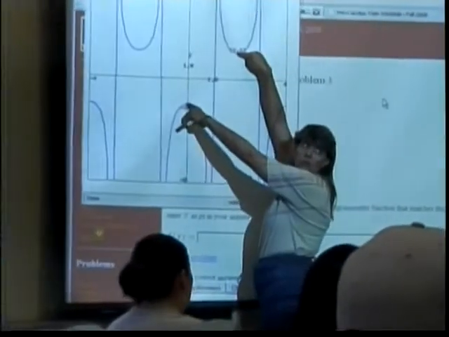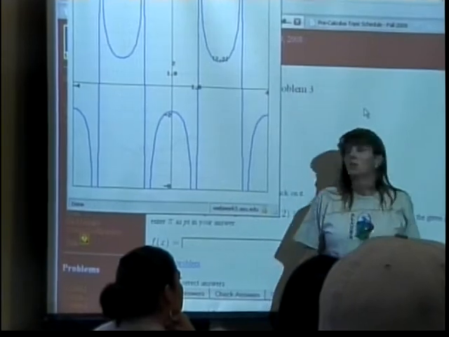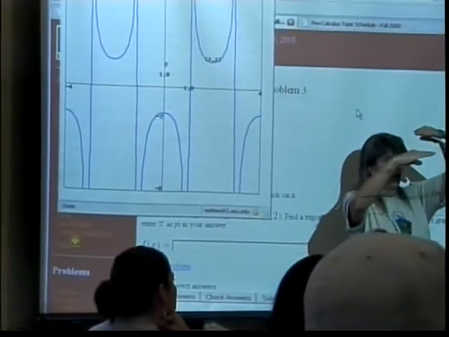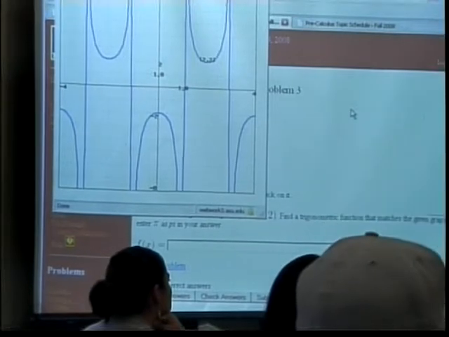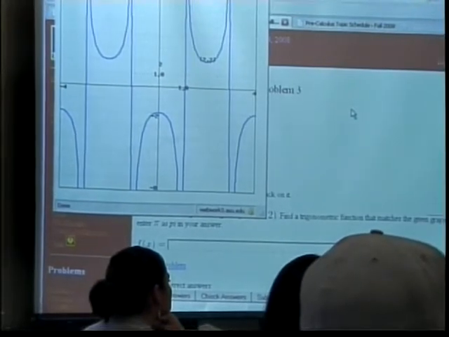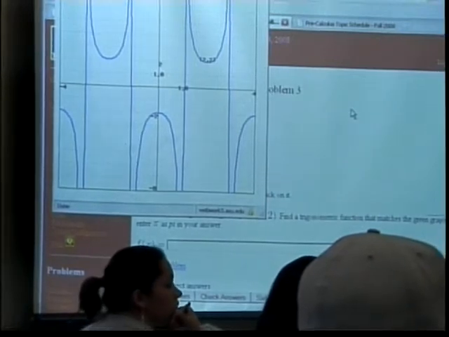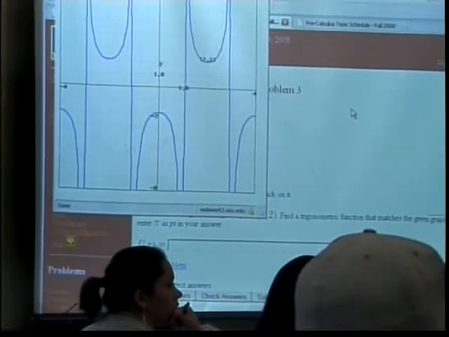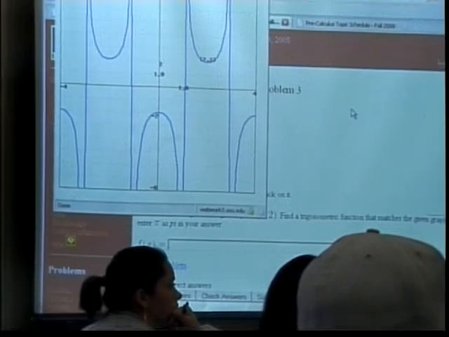Whatever's halfway between these two is how far up or down you're shifted. Because those are equally pulled apart from the center. So if they're shifted up 1, it'd be like 3, and then the other ones would be like negative 1, right. But this one, I'm pretty sure, there's not a single one of